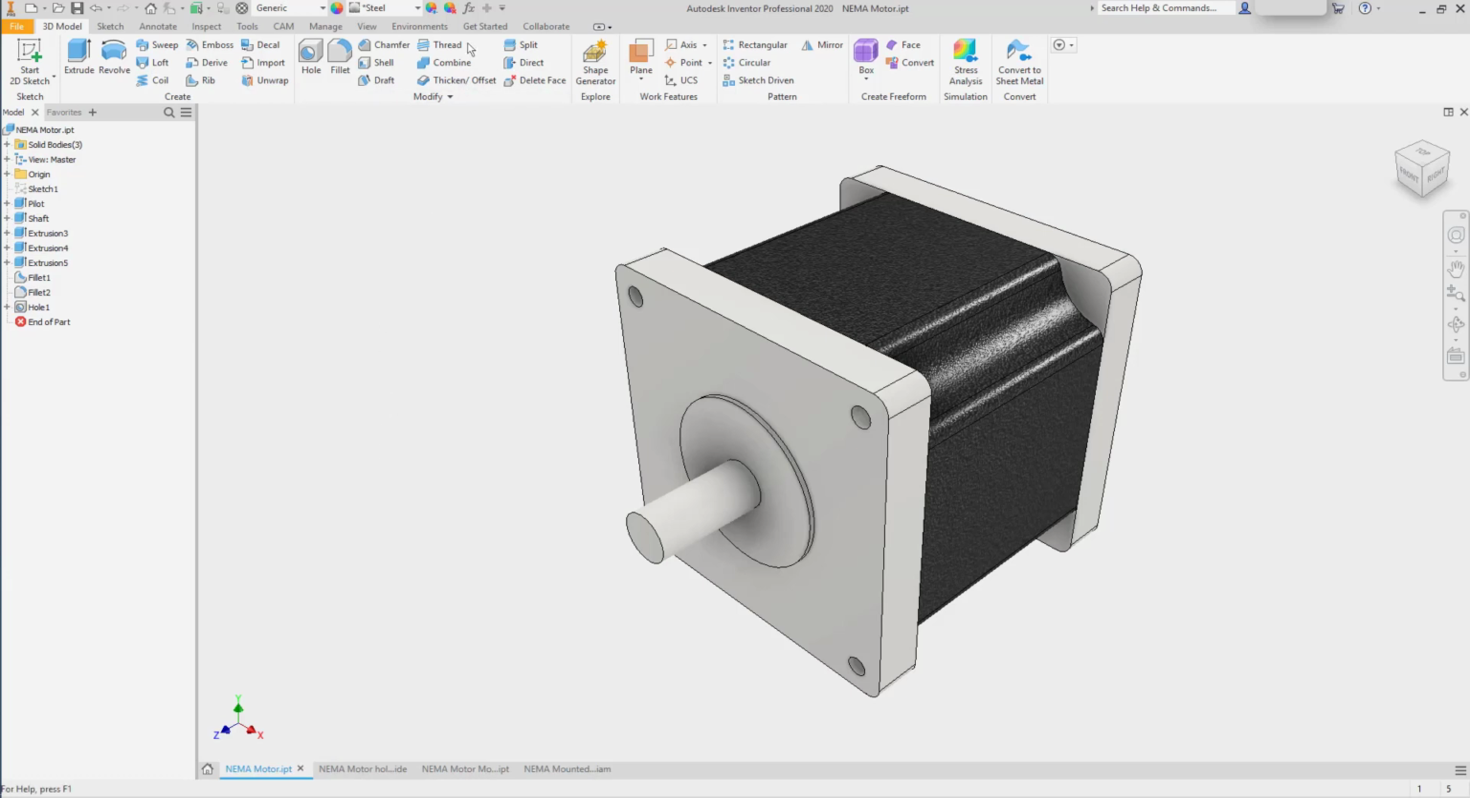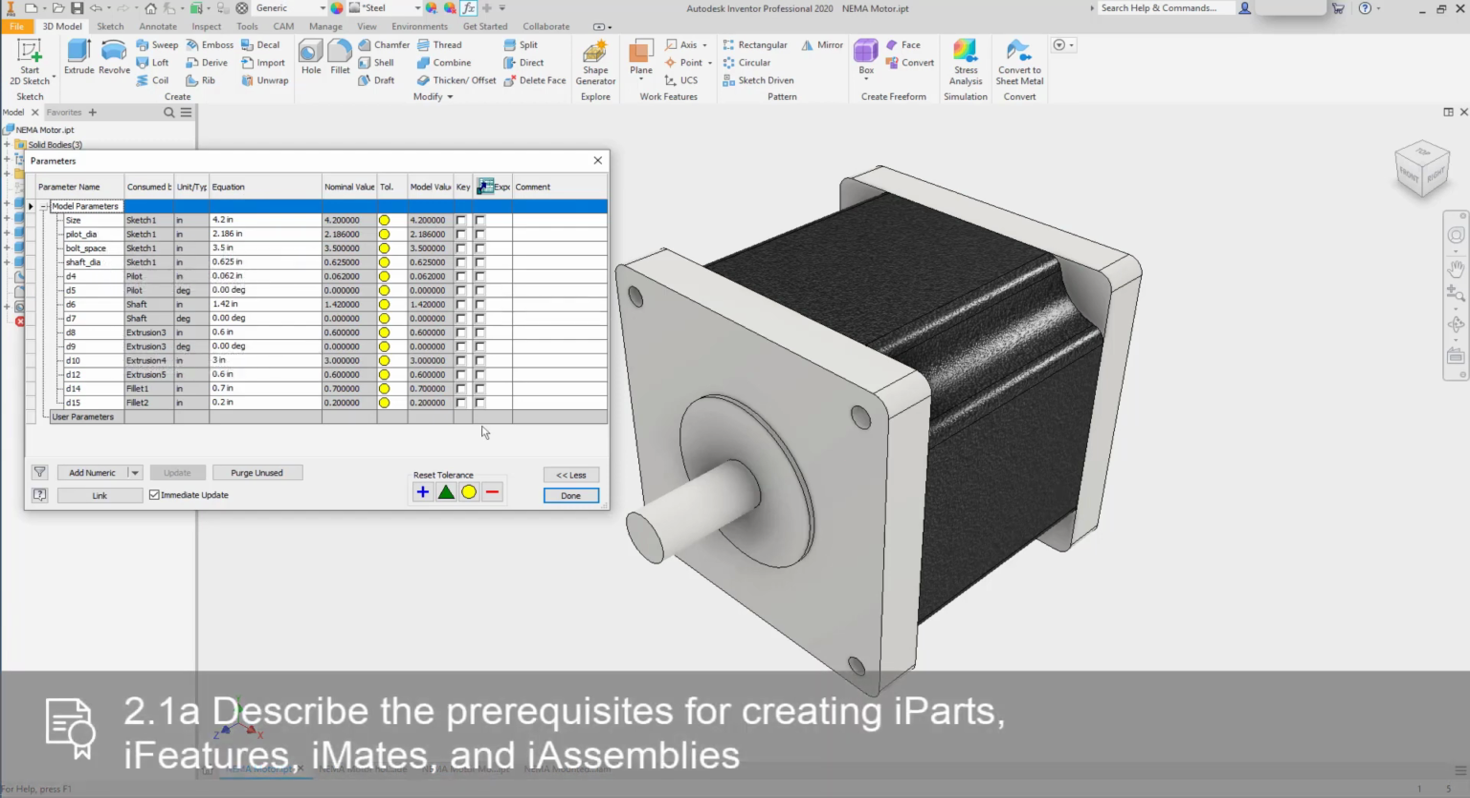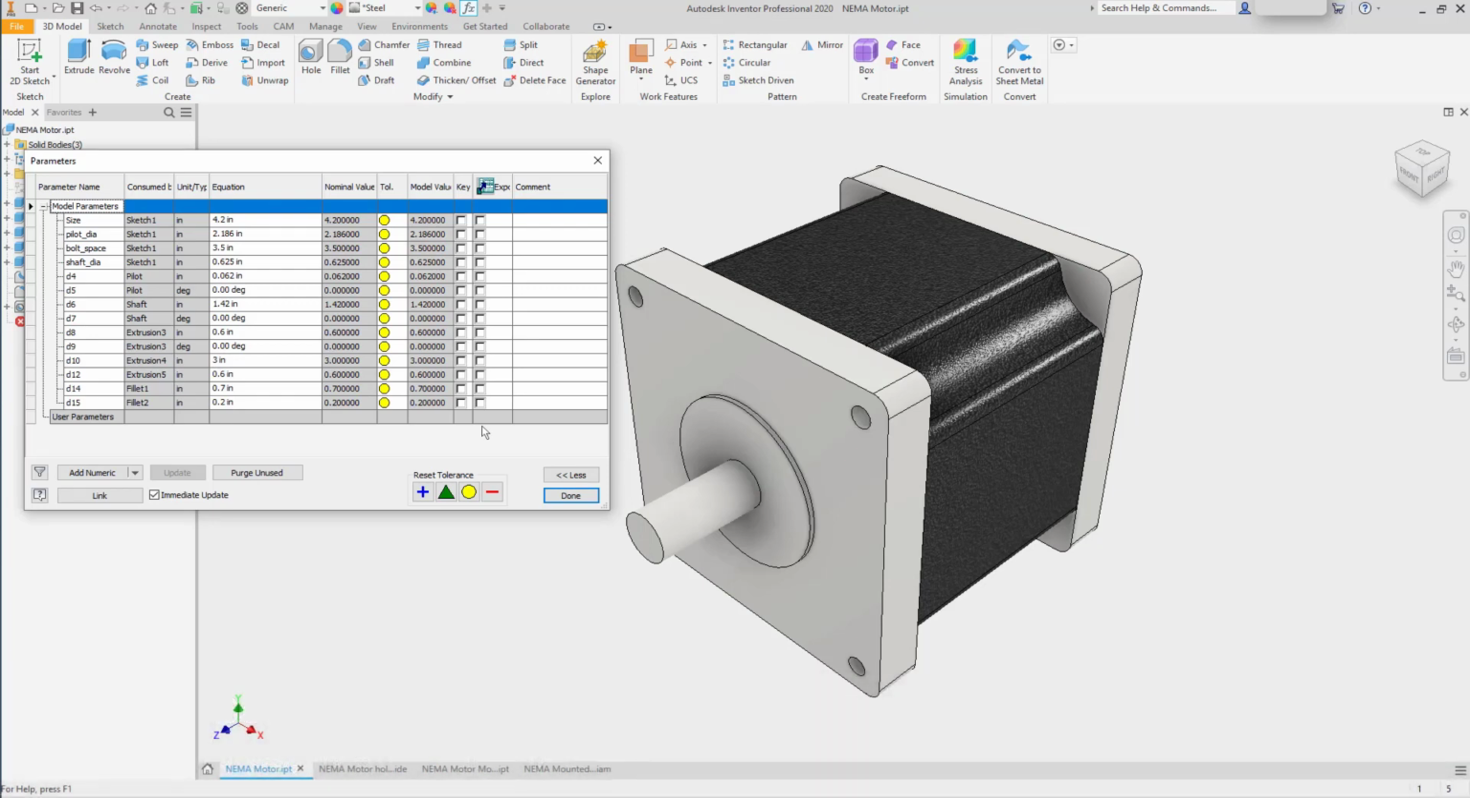This part file has several parameters that are named. We've taken standard parameters and given them specific names. If you plan to work with iParts, iFeatures, or iMates, they become especially useful, as iParts, iAssemblies, and iFeatures will automatically seek out parameters that have been given specific names and automatically include them in the table that you'll see